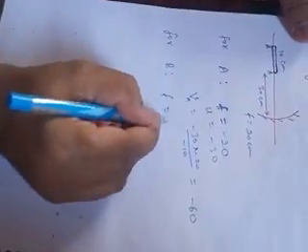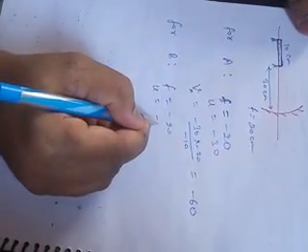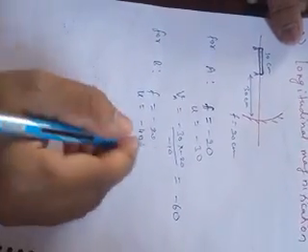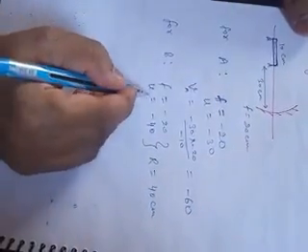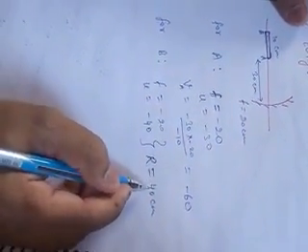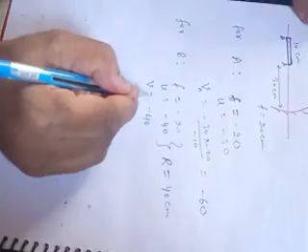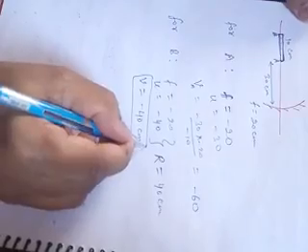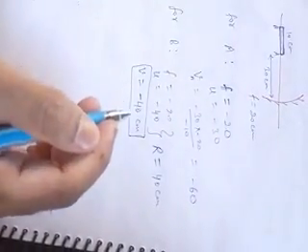For point B, F equal to the same minus 20, but U equal to minus, this is 30 and this is 10, so minus 40. If you observe here, the radius of curvature is also 40 centimeter. So the object is at the center of curvature. The distance from the pole is the radius of curvature, which is 40 centimeter. So V will also be 40 centimeter on the same side. It will be negative. Here I am not doing it mathematically. If you are interested, you can do it. You will get the same answer. So we are going to just apply this.